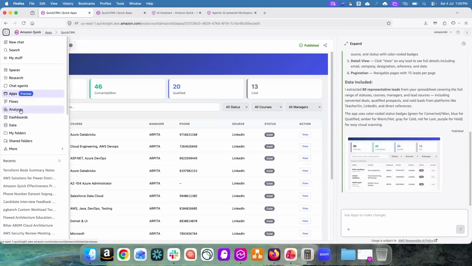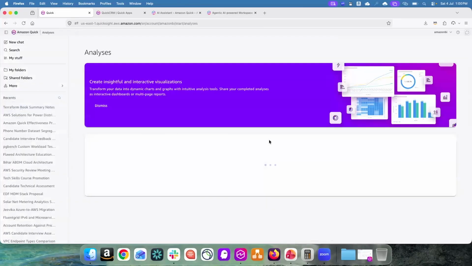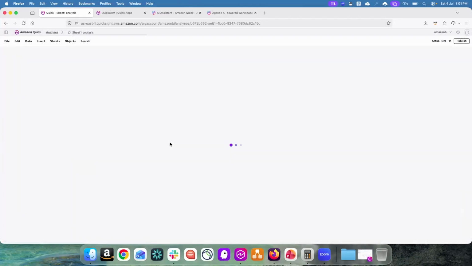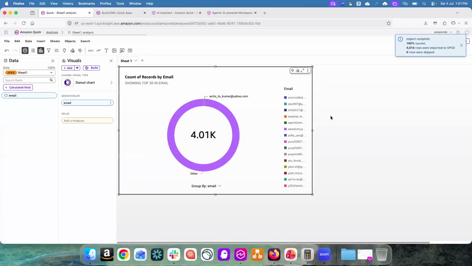Then if I go to the analysis, we have done some analysis, but you can create a generated analysis, or you can create your own analysis. Let's say I want to build something. Again, this is the dashboard view I have created. Simply